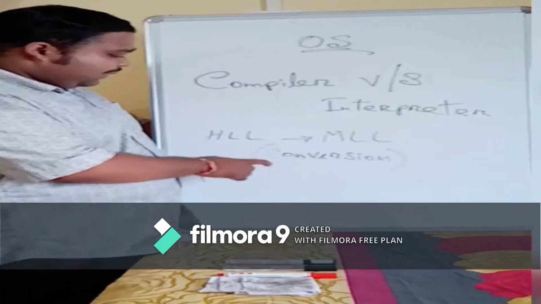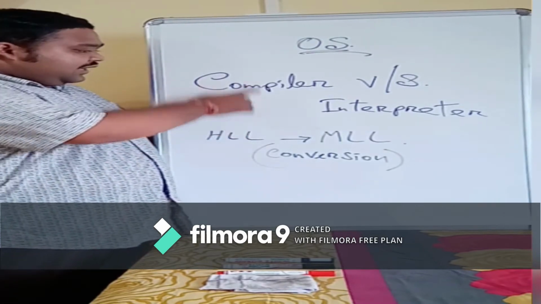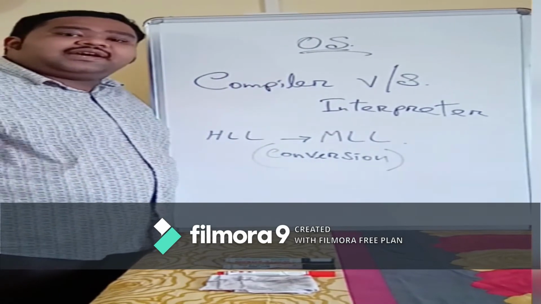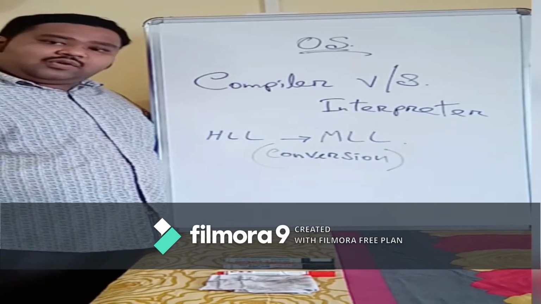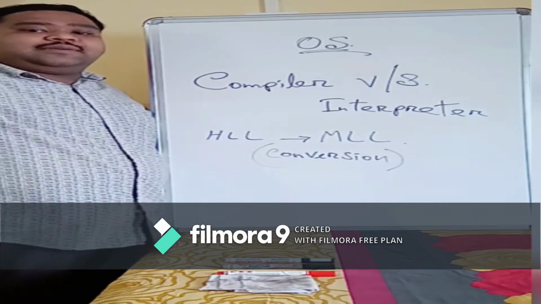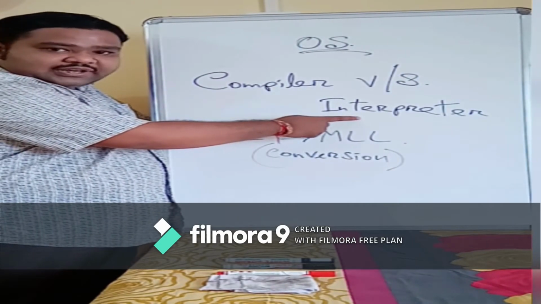Now compiler, what does compiler do? 10 लाइन का हाई लेवल लैंग्वेज आपने लिखा है, प्रोग्राम लिखा है, 10 लाइन का एक साथ कन्वर्ट कर देगा. एक साथ कन्वर्ट करके कुछ एरर है तब रिपोर्ट करेगा. 10 लाइन को एक साथ कर लिया, मान लीजिए 2-3 जगह पे एरर मिला है, 2-3 जगह का एरर एक साथ रिपोर्ट करेगा. इंटरप्रेटर में क्या होता है, लाइन बाय लाइन होता है रिपोर्टिंग एंड ऑल. कन्वर्शन लाइन बाय लाइन होता है.